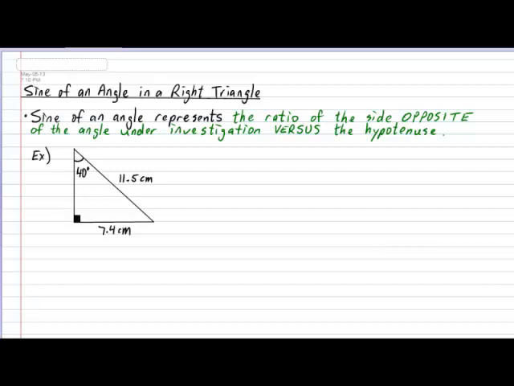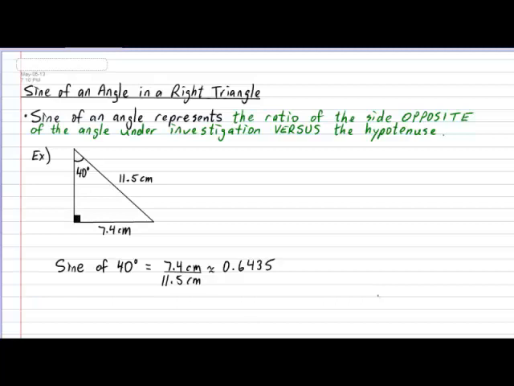Suppose that in this image, the 40 degrees is the angle currently under investigation. The definition states that the sine of 40 is equal to the ratio of the side of the triangle that is opposite of the 40 degrees, in this case, the 7.4 centimeters, versus the hypotenuse of the right triangle, in this case, the 11.5 centimeters. In this particular example, this will provide a result of approximately